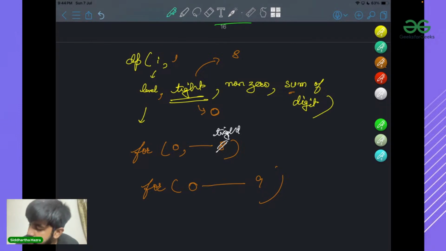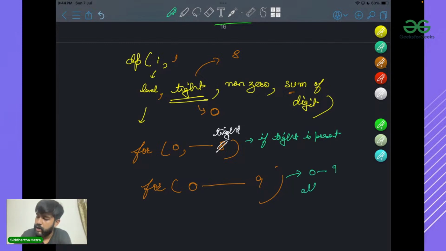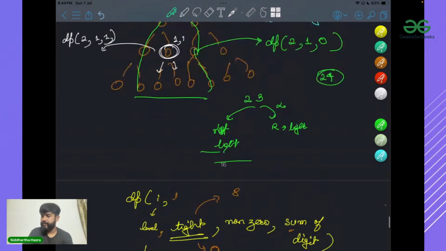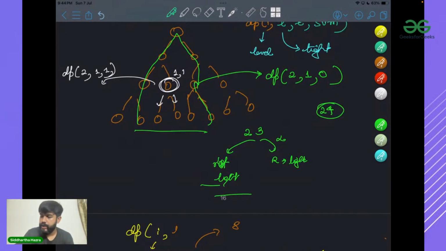So I would simply write this: if tight is present. If tight is not present, then we would use our full potential, that we would use all digits basically in this. And what is this basically? If you observe, this is just like contribution of,